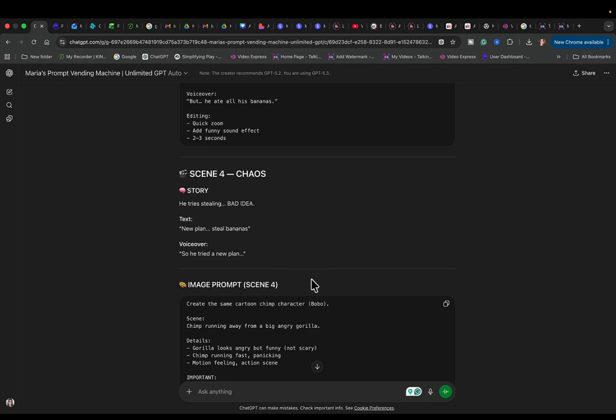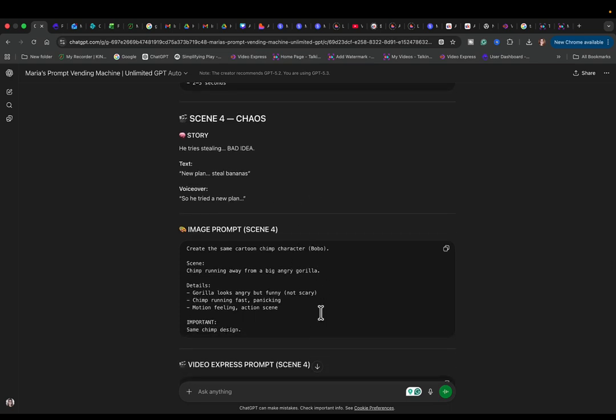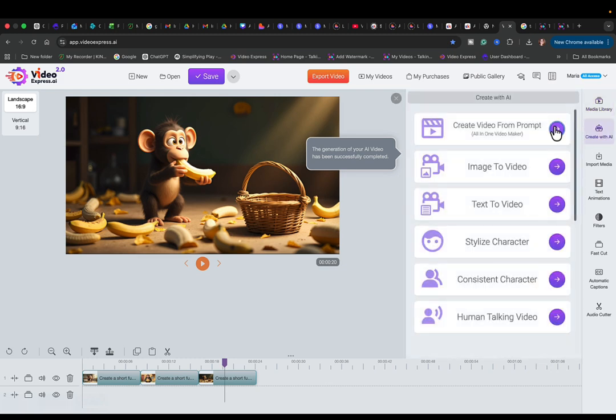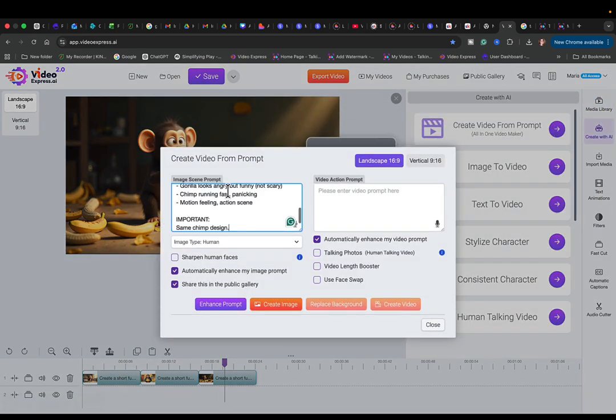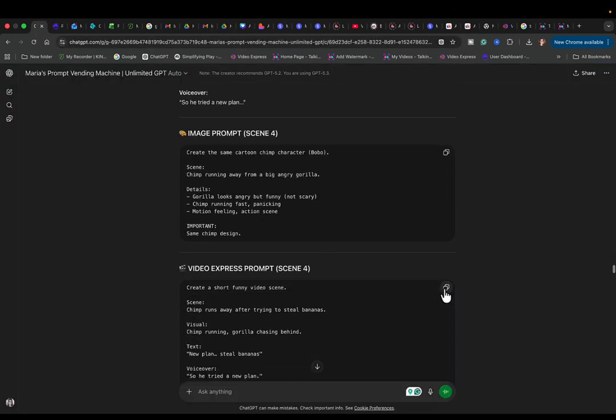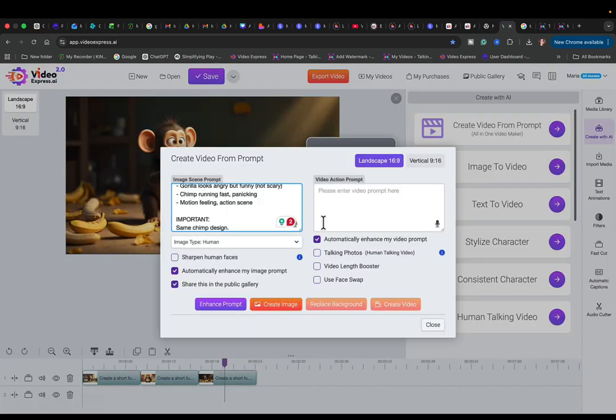Okay, so for the scene 4, you're gonna do the same thing over and over again until you finish all the scenes that ChatGPT gave to you. So I'm gonna copy this one, and I'm going back to Video Express and create a video from the prompt. I'm gonna paste here the image, go back and click the Video Express for action for video, and click over here and check this one, video, and use the